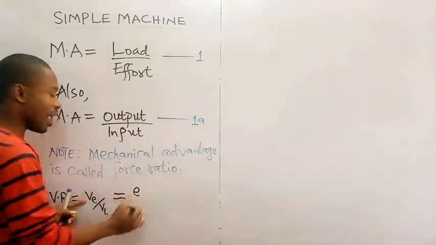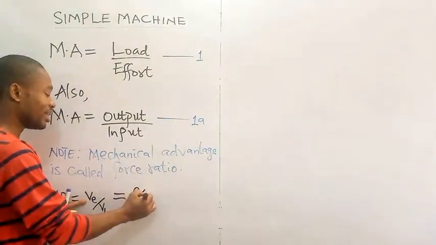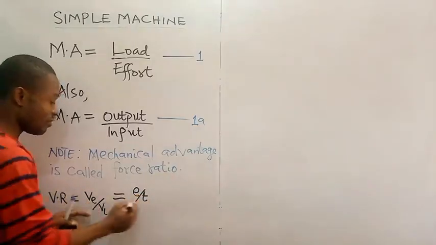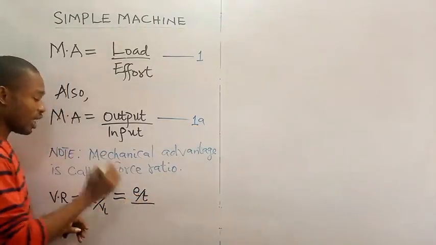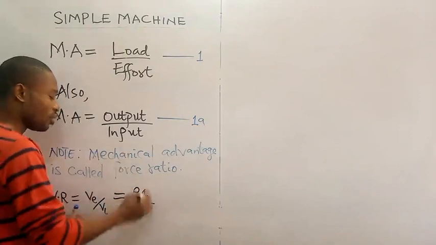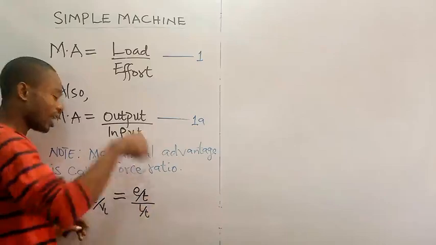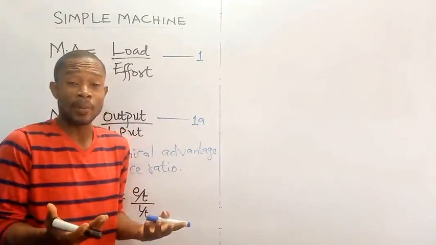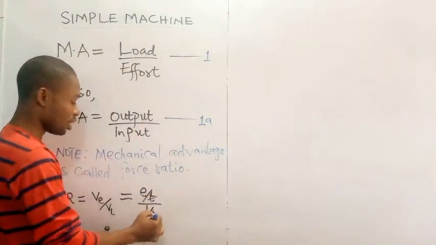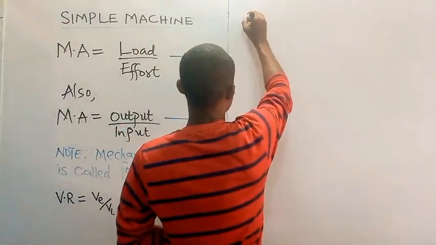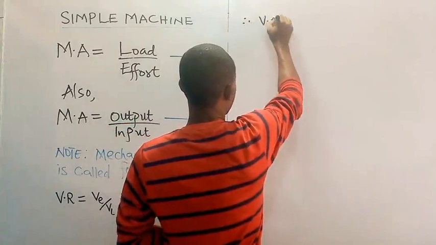So distance moved by effort, small letter e, divided by the time during which the effort acts. Then that is going to be divided by distance moved by load, permit me to use small l, and that's going to be divided by the time during which the machine acted on that load. And the time in both cases will be the same, like I explained already, which means that these two times will be the same, they go off, and I can conclude therefore that my velocity ratio, VR, will be equal